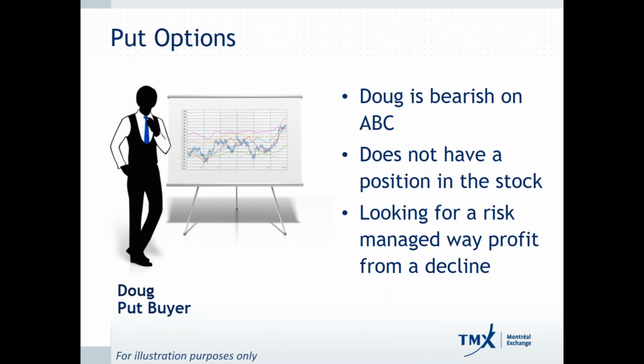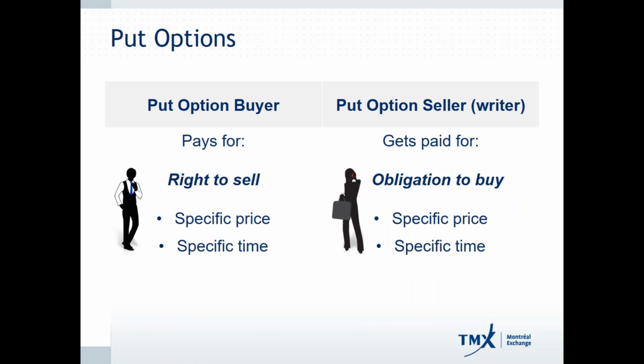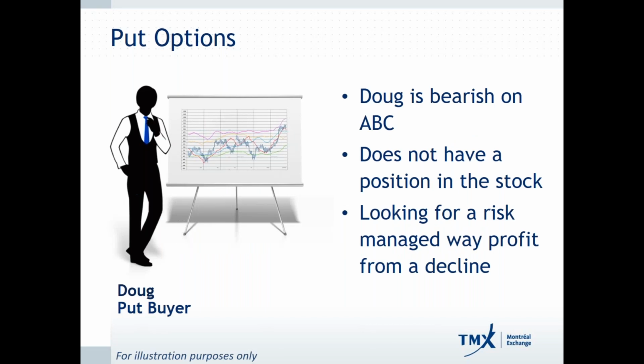So Amy is looking to make some income off of selling put options to generate cash flow. I always like to equate this relationship between the buyer and seller in options very similar to that of buying car insurance. Now, the time decay on car insurance is different, but what you want to think is that when you pay a premium for your car insurance, you're paying it because you want to have the right that if you total your car or damage it, you can sell it back to the insurance company at its, let's say, book value